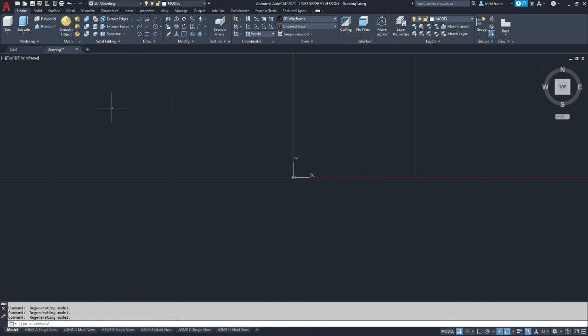For this project, you should be using the template that's provided by the school, and this lesson is going to focus on just the modeling of the part. So you should start out in the modeling tab down here at the bottom, and at home, and be in the modeling layer, so you're developing your model in it. And your workspace should be 3D modeling.